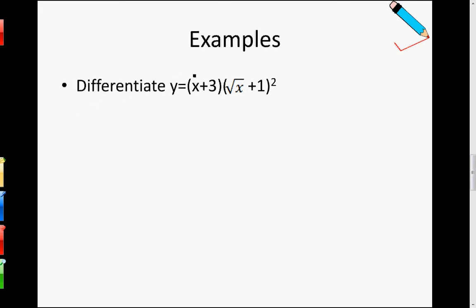For example, if we had to differentiate something like that, and if you wanted to expand this out, then you have a problem, because this term over here is not easily expandable, and this term over here is not so easy to expand after you have expanded this one. So let us make use of chain rule and product rule, which we have learned. Let me write product rule: y prime is f prime x g x plus f x g prime x. So let's make this f and this g. We want to use product rule. Differentiating using product rule, we differentiate this term to get 1, and then keep this term over here,